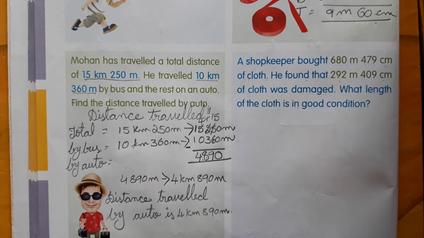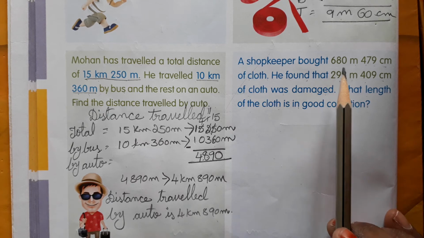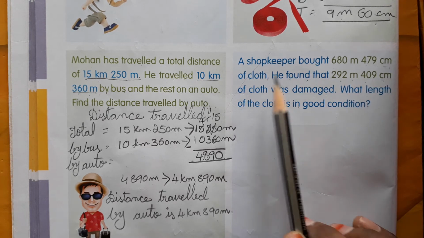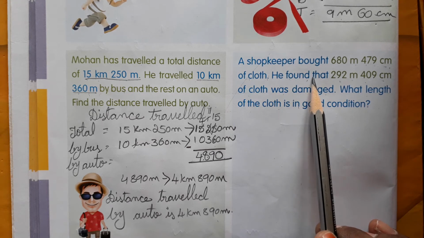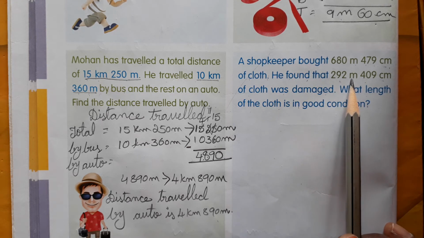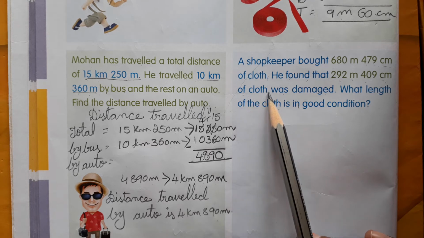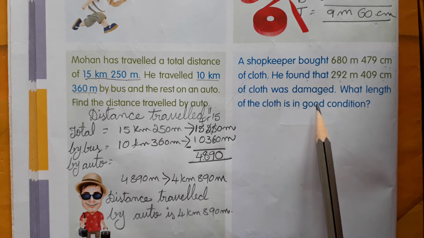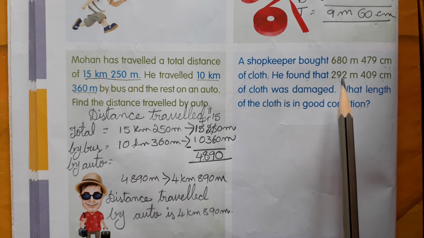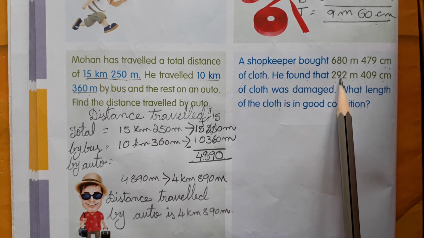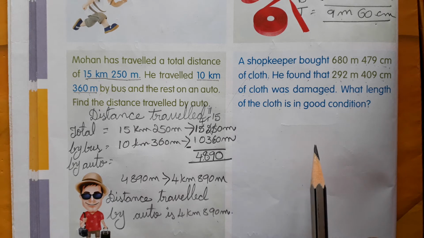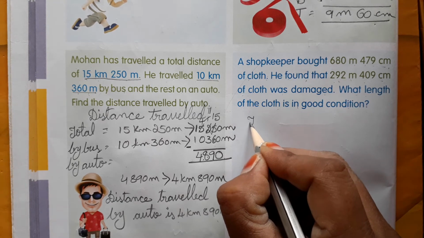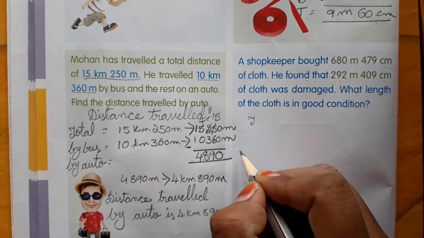Okay, read the next one, children. A shopkeeper bought 680 meters 479 centimeters of cloth. He found that 292 meters 409 centimeters of cloth was damaged. What length of the cloth is in good condition? If you subtract this number from this number, then you will get the answer. Okay children, so write the steps. Total cloth, length of total cloth,